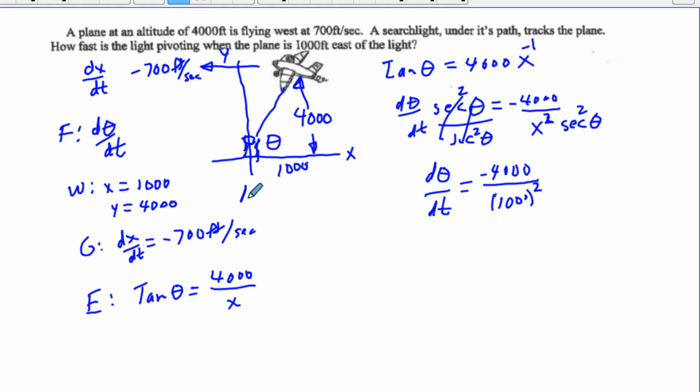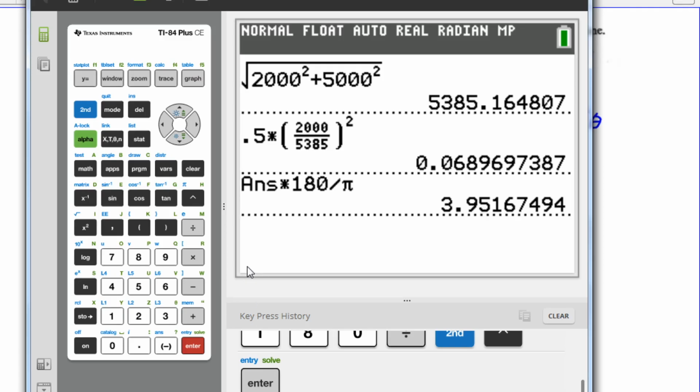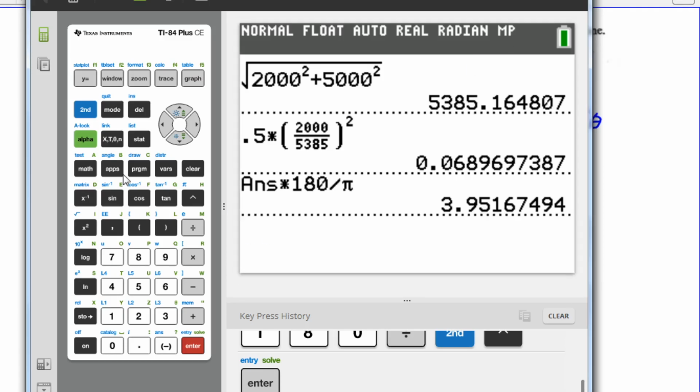And what is our hypotenuse? Well, it's going to be the square root of 1,000 squared plus 4,000 squared. So the hypotenuse is going to be equal to, go to calculator, 1,000